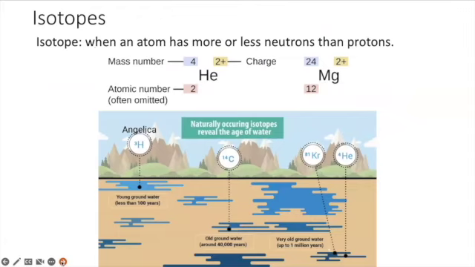So here's just a little slide I thought was interesting, because you're like, what the heck's an isotope? Well, there's different isotopes in nature, and sometimes that can tell us how old certain elements are. So there's like carbon-14 here, right? And it shows us that this is really old groundwater. Yeah, I thought that was kind of interesting. Anyways,